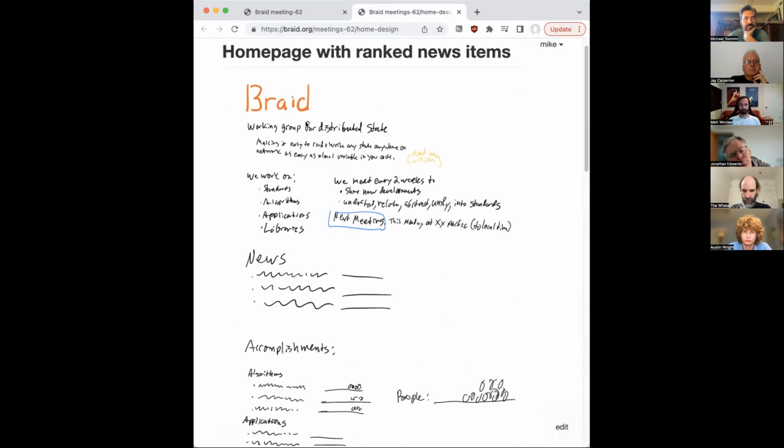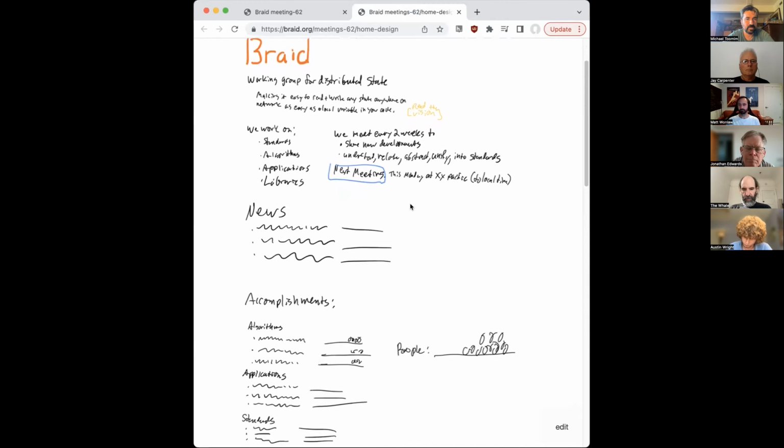First I want to update the title to something like Working Group for Distributed State, is roughly what I'm thinking here. And a little subtitle: we're going to make it easy to read and write any state anywhere on the network as easily as a local variable. It's a concept we settled on, I think, that everyone seemed to click with, last summer or so. Show some of the different areas we're working in, which are standards, algorithms, applications, and libraries. I want to put all of our meetings into a database so that we're not manually editing the page each time. Also, when the next meeting is, there's a little button for it, and it says we meet every 2 weeks. You can come to these meetings and go to other places where you can participate.